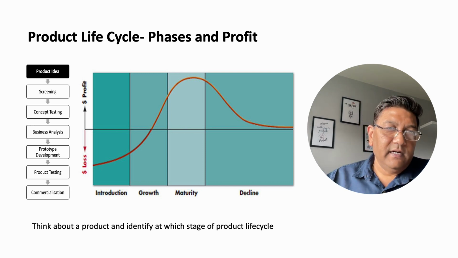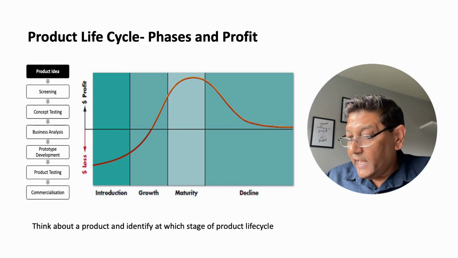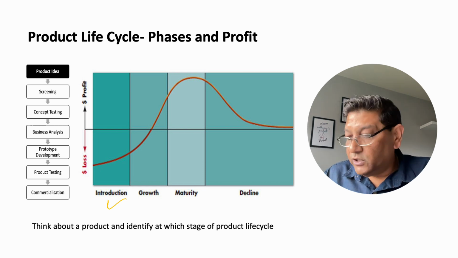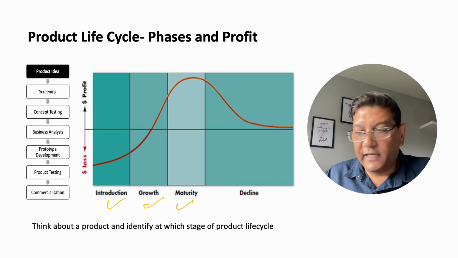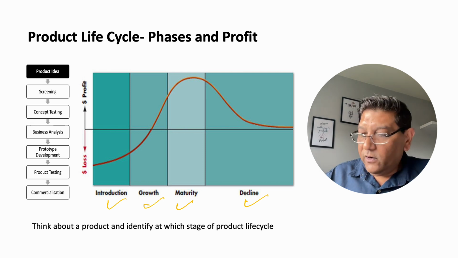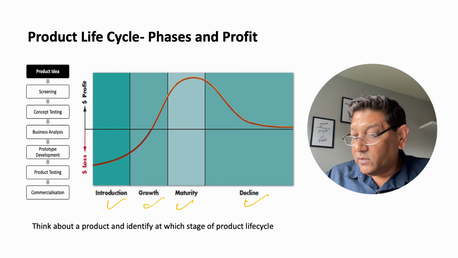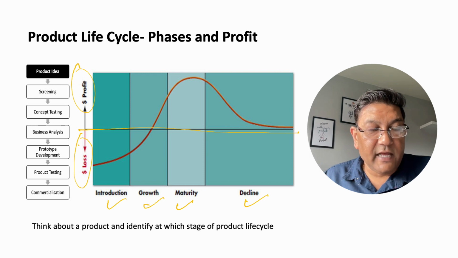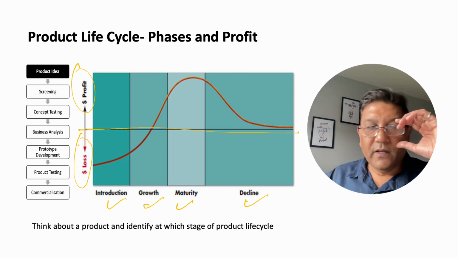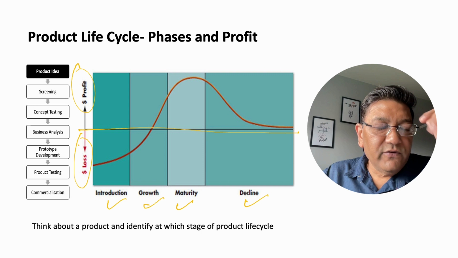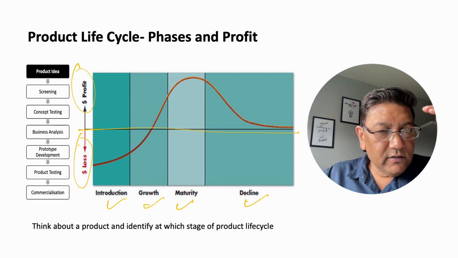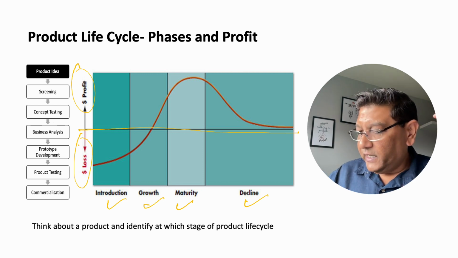In the product life cycle, you can see in this diagram, the first stage is introduction. Then the second stage is growth. Then the third stage is maturity, and the fourth stage is decline. On the y-axis, we have loss and profit. And this is the midline in the product life cycle. So what is happening over here? What it is trying to tell us is that when we are introducing a product,